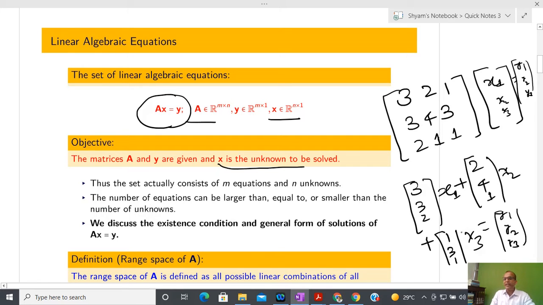So what I am telling is that whenever you have something like Ax equal to y, for the time being you can assume that A is a square matrix, and that is also general for any non-square matrix, that is not a problem. Here you can see that x1, x2 and x3 combinedly form a column vector, but each entry is a scalar.